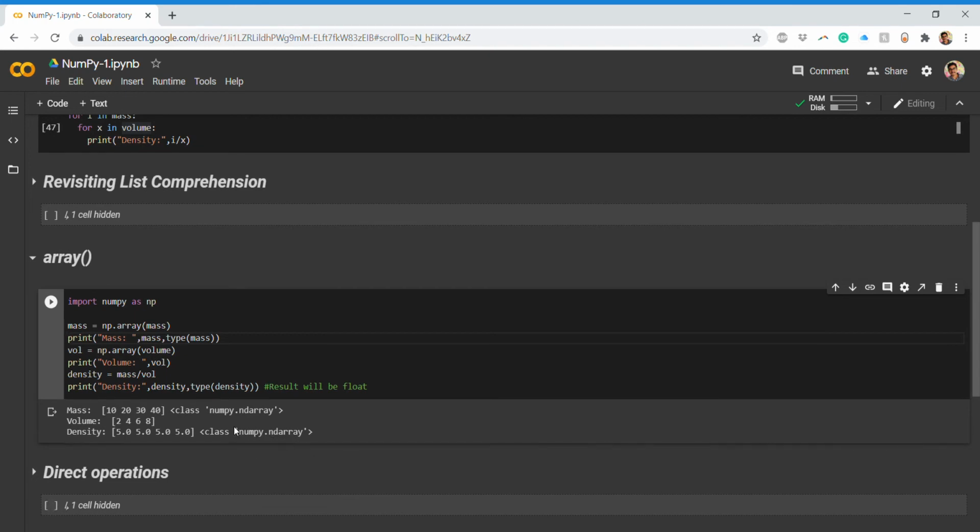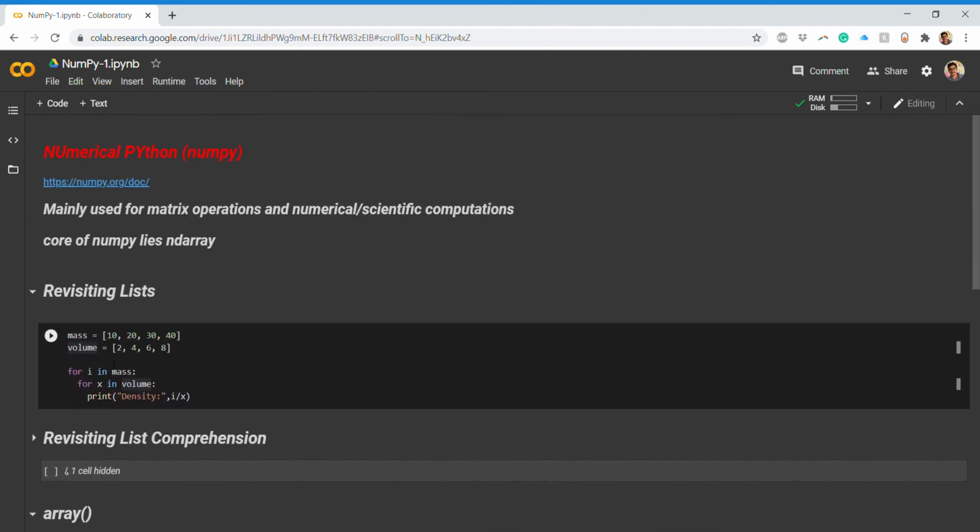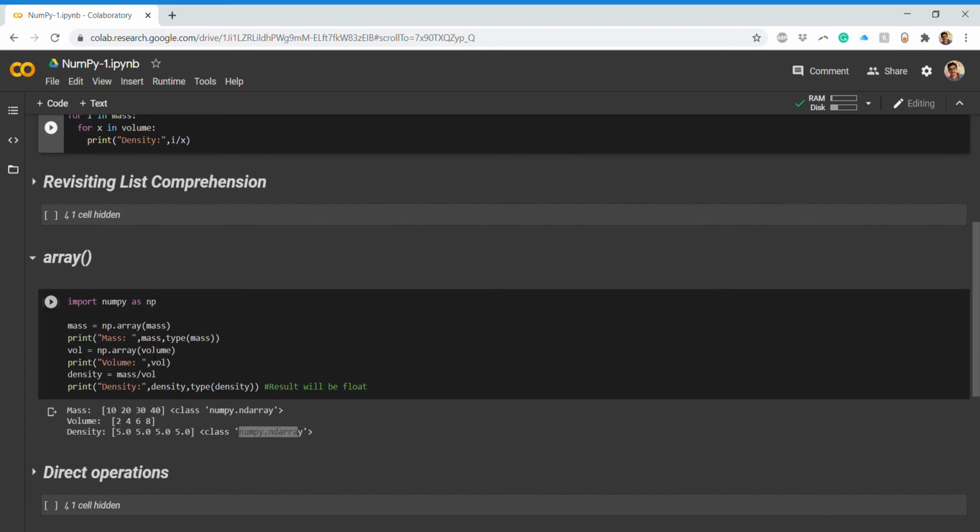So its type will be the same as that of mass and volume. But just remember, the entries that I inputted were integers, but when it internally does the operation, the result is always a float. That is basically used for precision.